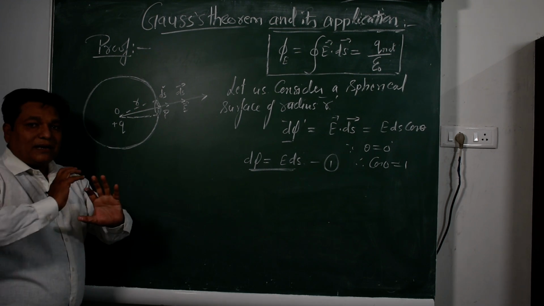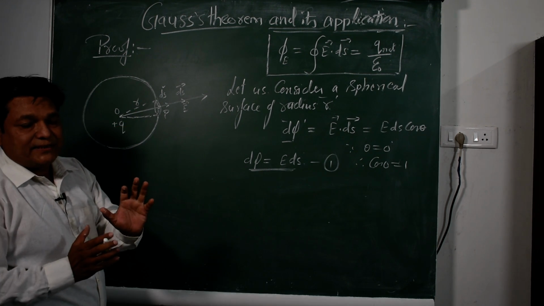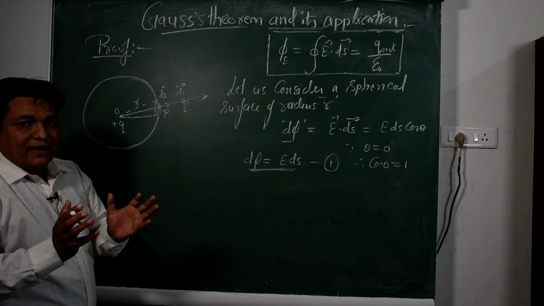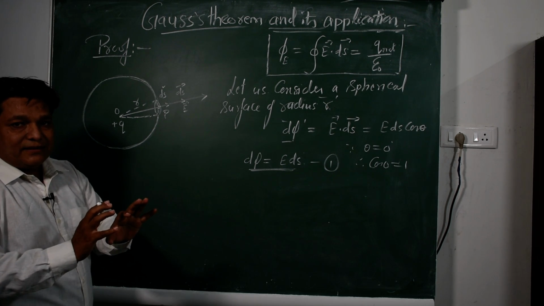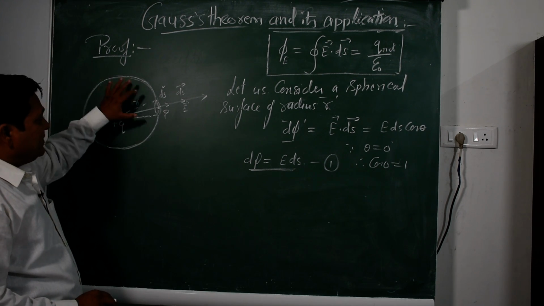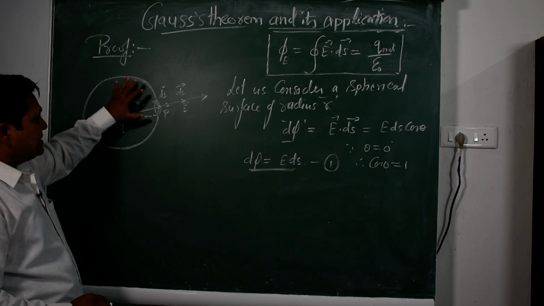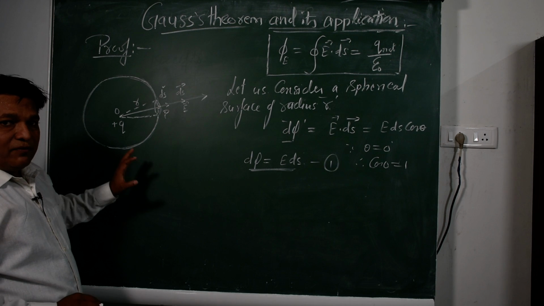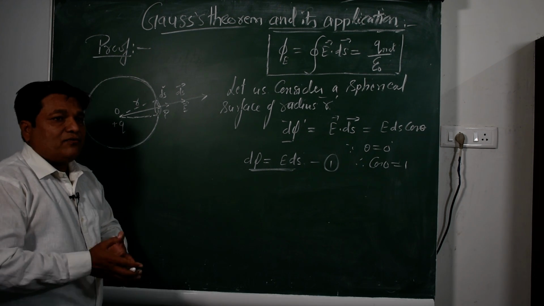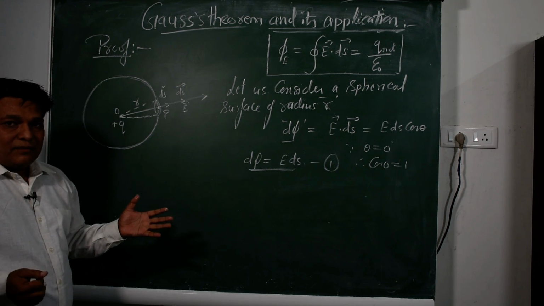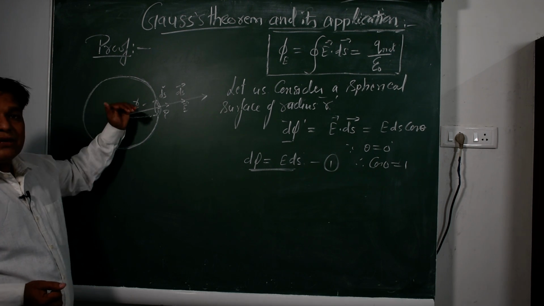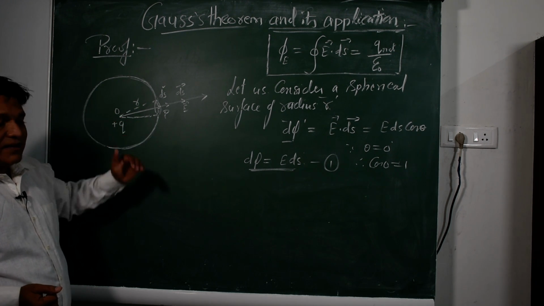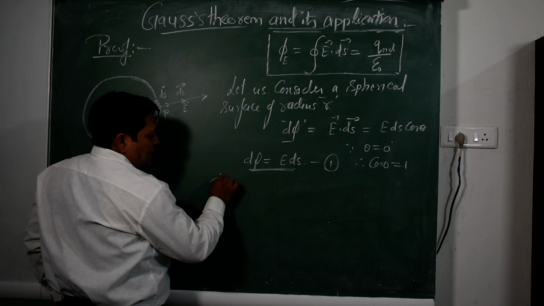Similarly, over the complete spherical surface we calculate the ds and we add the ds. Then we can get the total surface area, the total flux linked with the surface of this particular sphere. What we have to do in order to do this? We have to integrate this. By integrating we can get the total flux linked with the surface. So we integrate it.